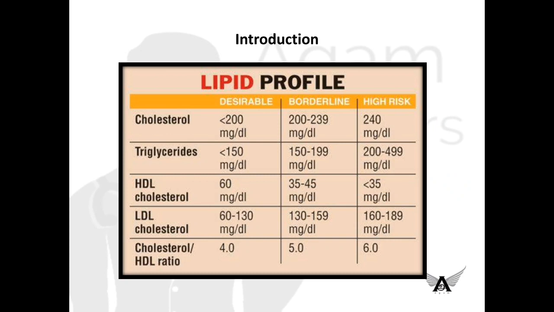We should know for whom we are administering these hypolipidemic drugs. So the total cholesterol is less than 200. Just remember that's the first one. And half of 200 is 100. For LDL cholesterol, it's less than 100. So cholesterol less than 200 and LDL less than 100. So in between 200 and 100, what we have, it's 150. So triglycerides is less than 150. And for HDL, just remember 60 mg per dl.